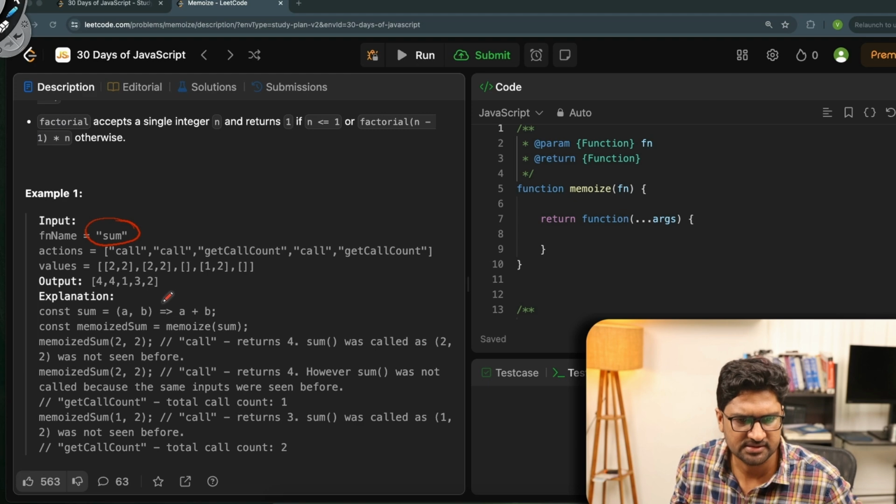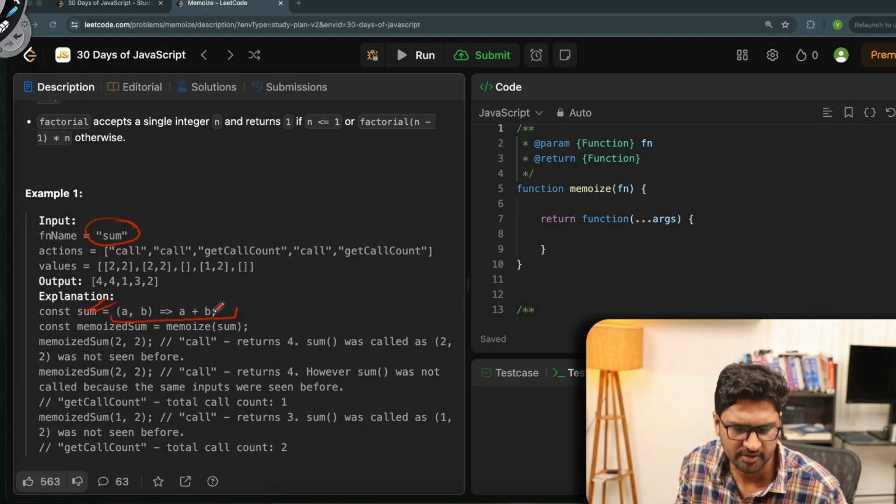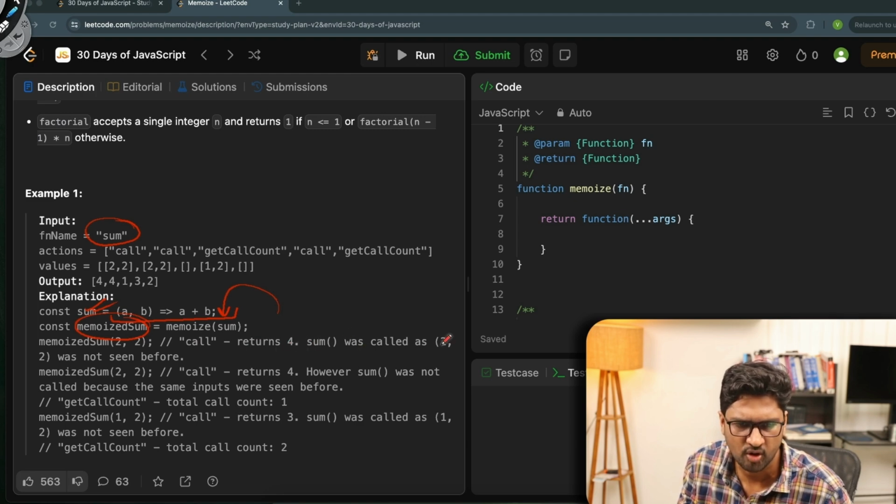Let's say that sum has to be implemented like this, the sum of the two numbers. Then I call this function called memorize sum. When I call this memorize sum, it will get the memorize sum value. Memorize sum 2 2 returns 4. Sum was called as 2. Then again, if I call memorize sum 2 2 returns 4, however, sum was not called because